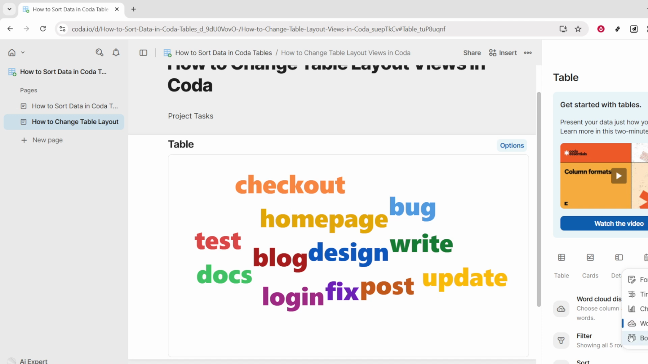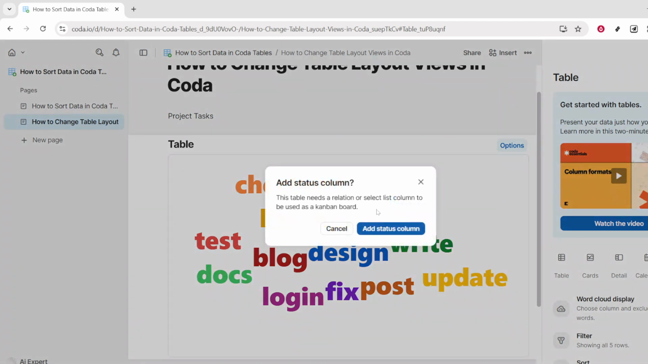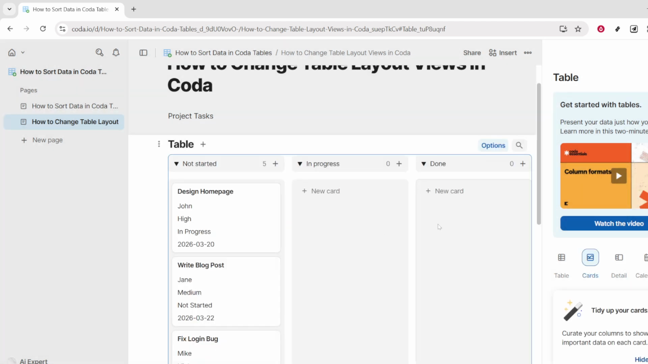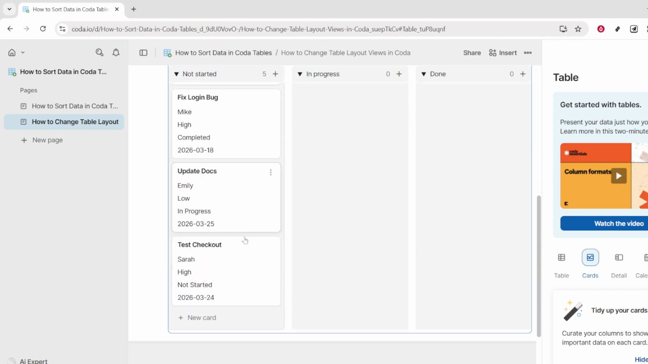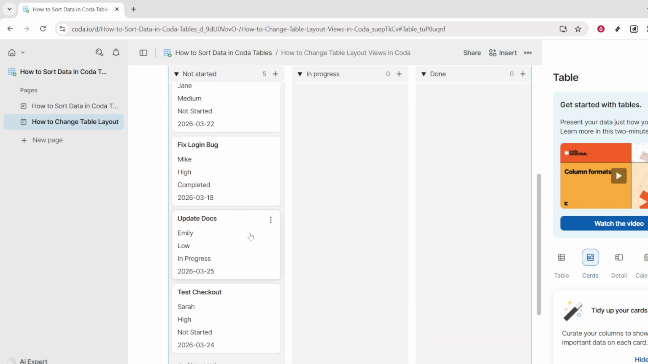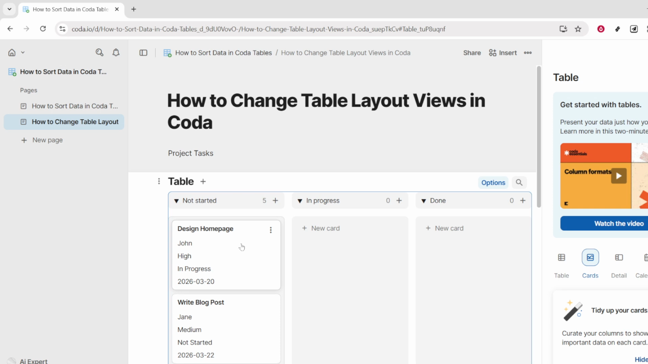The key point is that you're not duplicating or altering your data, you're simply changing how it appears. That's it. Your table will now display using the selected view layout. Explore a few layouts to see which ones support your workflow best. And remember, you can always return to options to make